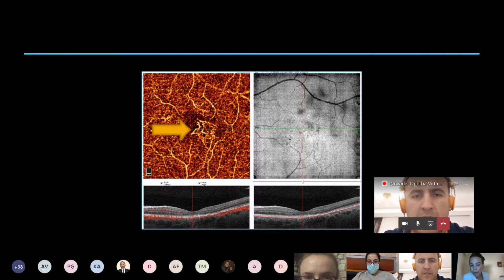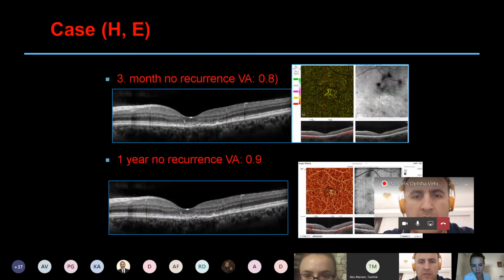However, this is a surprise. Back then, we didn't have an optical coherence tomography angiography machine in our clinic, and 20 days after the treatment, we had it, and I immediately called him back to the hospital to get this picture from him to understand what was happening there. And it was surprising. There was a choroidal neovascularization in the center, but even with this choroidal neovascularization, at 3 months later and 1 year follow-up, no recurrence, the visual acuity increased to 1.9, but the choroidal neovascularization still existed in all follow-up visits.